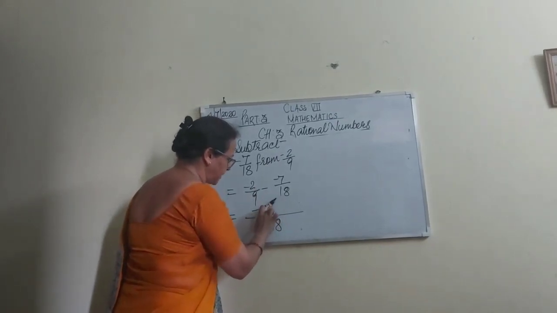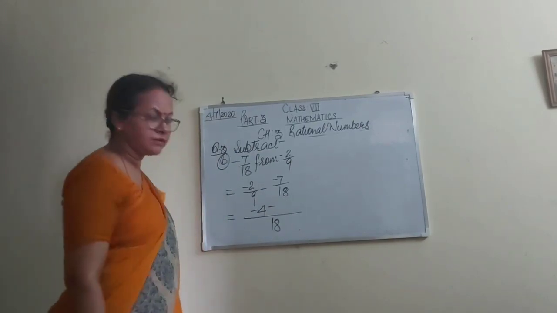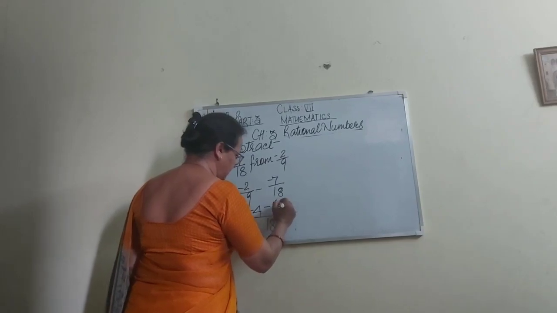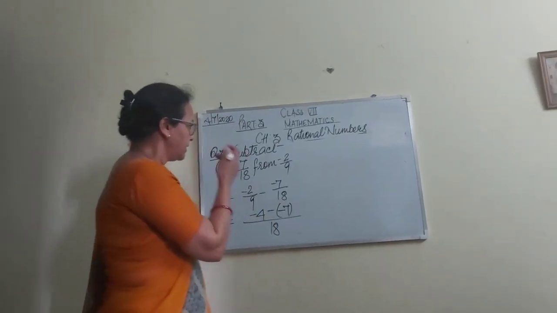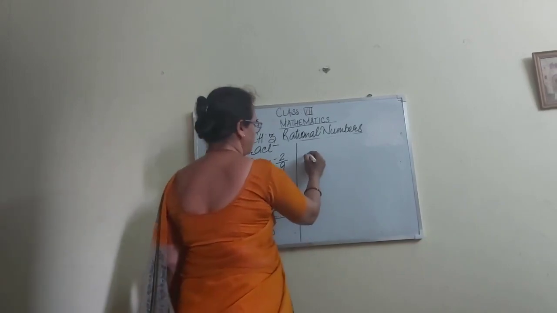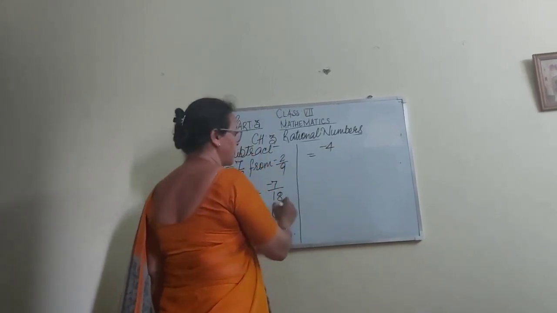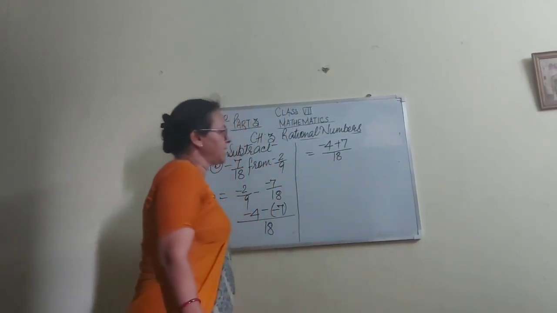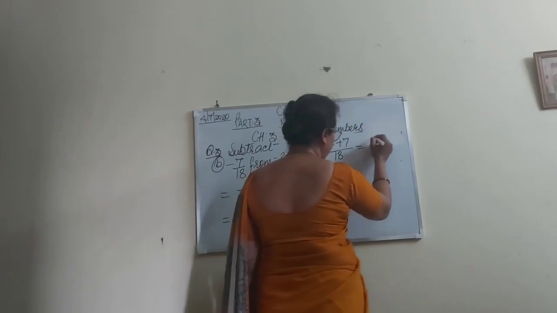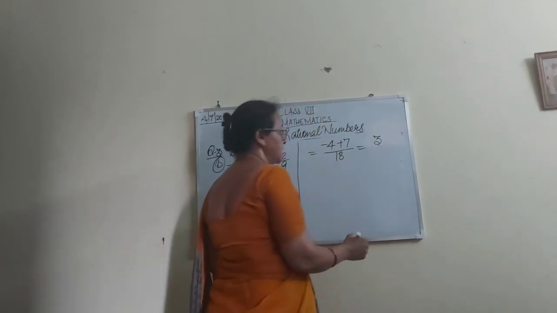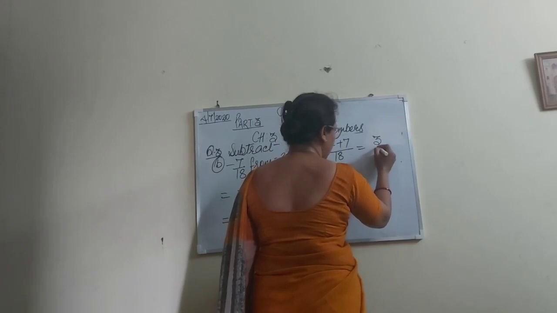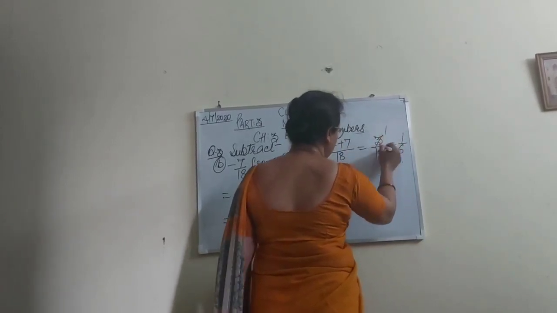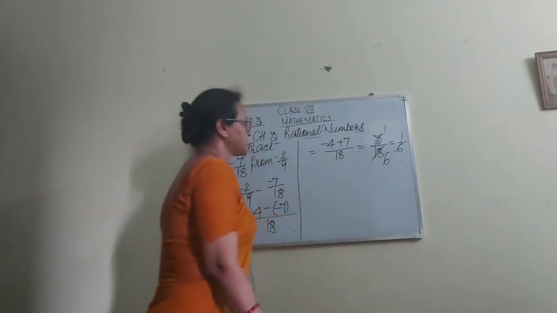Sorry, we will put the minus sign first, later it will be changed. 18 divided by 18 is 1. 1 will be multiplied by minus 7. This will be minus 7. Okay, now the next step is minus 4 as it is, minus minus is plus 7 upon 18. 7 minus 4 is 3 and the sign of this 3 is plus because the plus digit is greater than the minus digit. So what will it be? 1 by 6. 3 ones are 3, 3 sixes are 18. That's right, student.